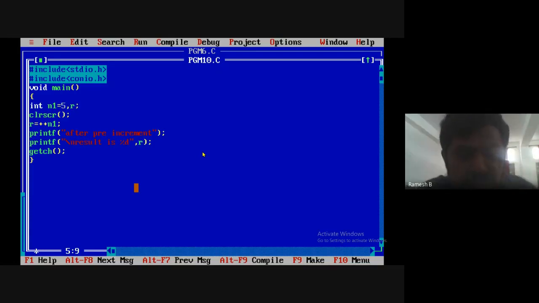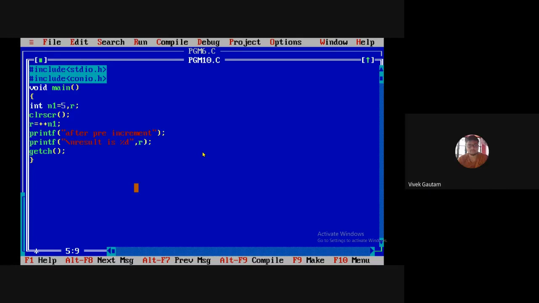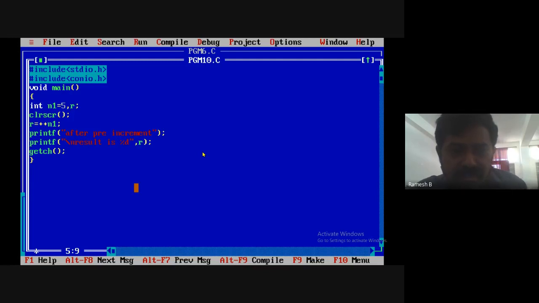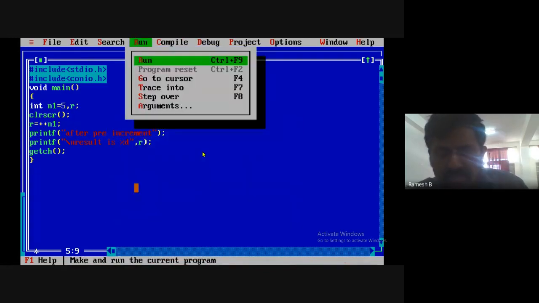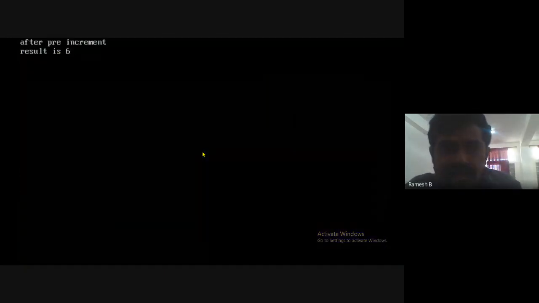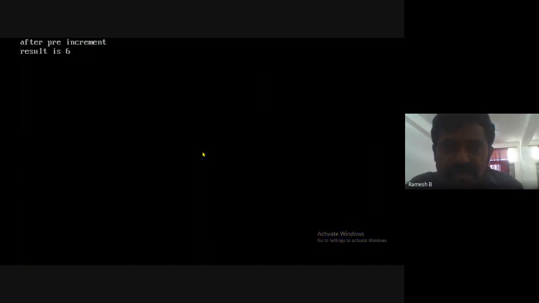What will be the output? 6, sir. After pre-increment, result is 6. I'll compile and run this. You see there, after pre-increment, result is 6.